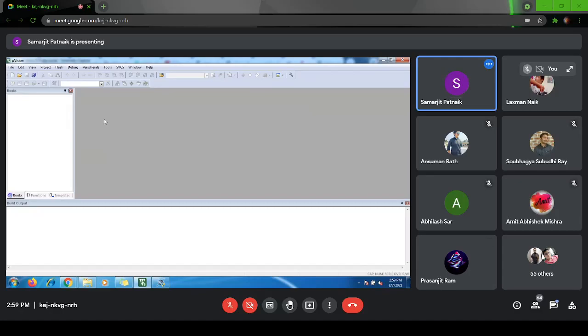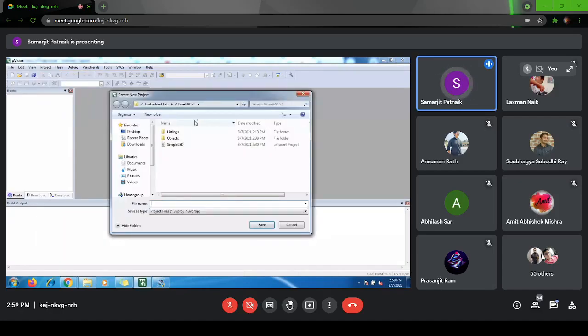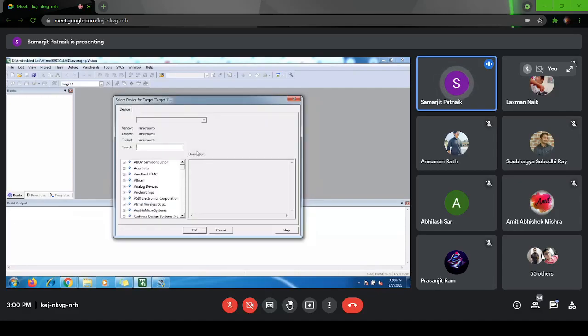Once you open this Keil, we can go to the project section. This is the project. Then there will be the option new Microvision project. Click on this new Microvision project. Then give any name. I am giving lab 1. Save. Once I give the name, it will ask,